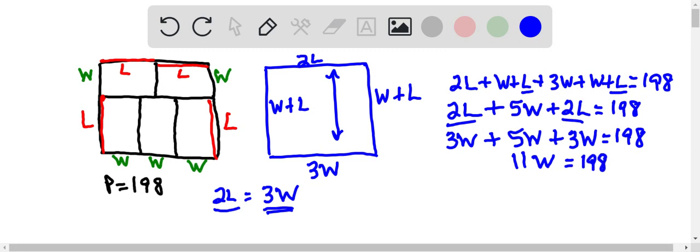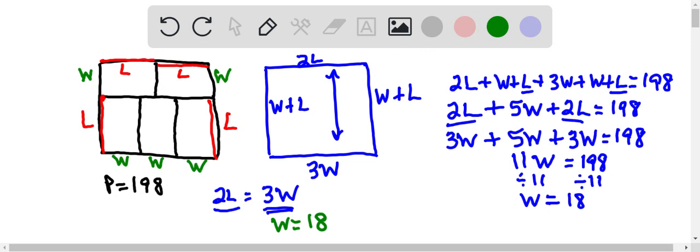So how do I solve that? Well, that's 11 times W, so divide both sides by 11. The width of my large rectangle is 18. So let's go back to what that means then. Sorry, the width of each of these rectangles. W is 18. So let's go back. We just found W is 18,